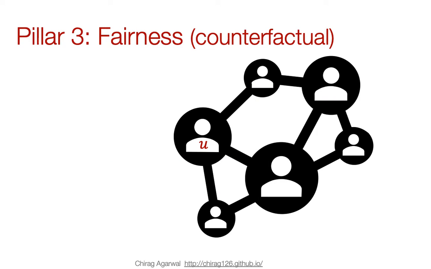For fairness, we define both counterfactual and group fairness for an explanation of node U. An explanation EU corresponding to node U preserves counterfactual fairness if the explanations for U and its sensitive attribute perturbed node US are similar if the model predictions are similar and vice versa. In order to generate a counterfactual node, we flip or modify the sensitive attribute of node U.